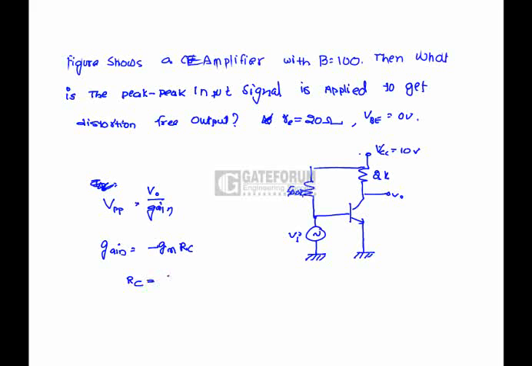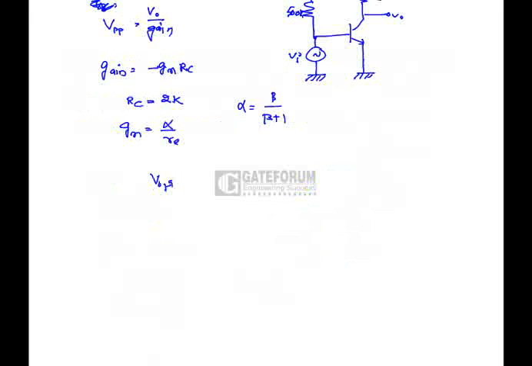RC is 2K. Here gm is alpha by RE. Alpha is beta by beta plus 1. Here, after getting the gain, V0 peak to peak is 2 of ICQ R. Here ICQ is nothing but